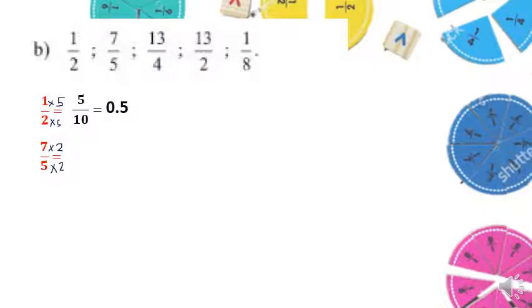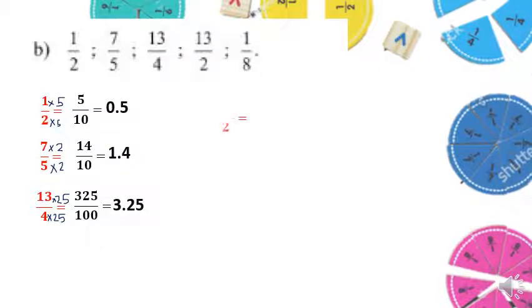So the answer will be 14 over 10. 14 over 10, one digit, so the answer will be 1.4. Next one, 13 over 4. The friend of 4 is 25. So multiply the numerator and the denominator by 25. So we will get 13 times 25, which is 325 over 100